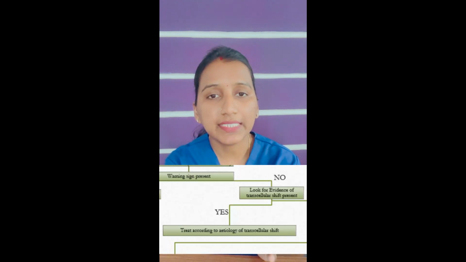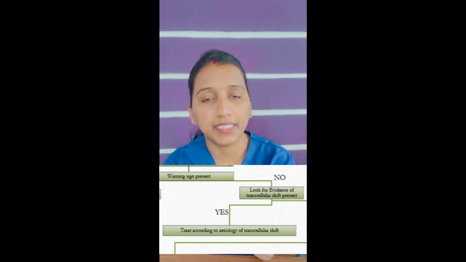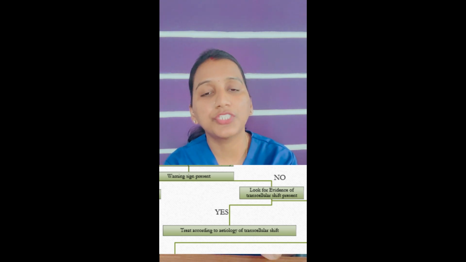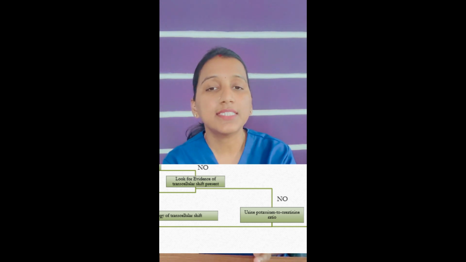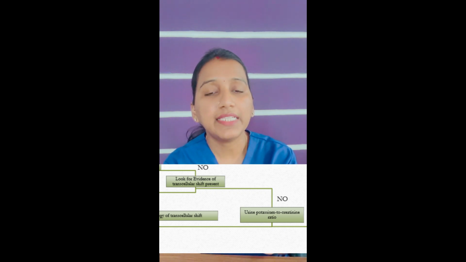After looking for warning signs, a history of previous hypokalemic periodic paralysis must be taken. History of hyperthyroidism, use of insulin or beta agonist suggests possible transcellular shift, which must be managed according to the etiology of transcellular shift. If no evidence of transcellular shift is present, next we will have to look at urinary potassium excretion, which is ideally measured via a 24-hour urine collection, wherein excretion of more than 30 milliequivalents of potassium per day indicates inappropriate renal